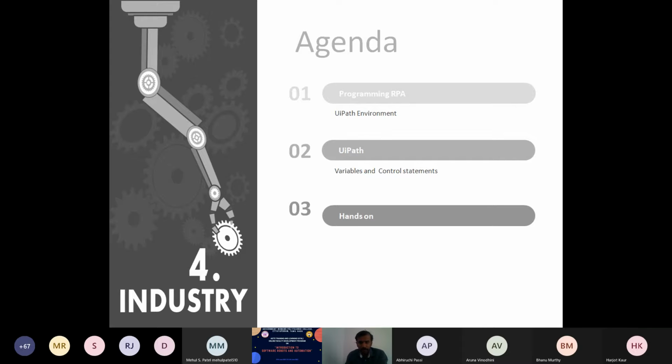Then in this session, we'll go into the variables and control statements you use extensively in your programs. How to declare a variable and how to use the variables supported by UiPath. There are control statements as in other programming languages, like if, then, else, while, do while, for each, etc. We'll see some of them. We'll work out some exercises with that, and after this you'll have one or two assignments. You can try them at home, after the class. So this is our plan today.